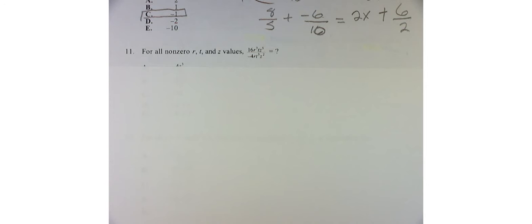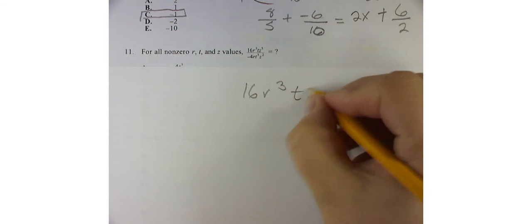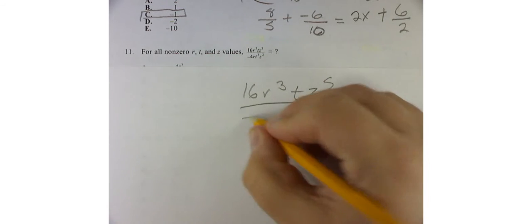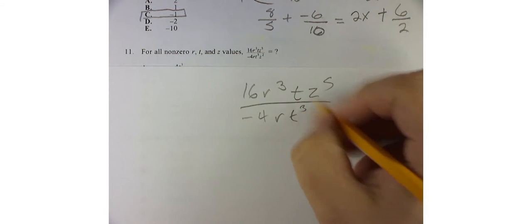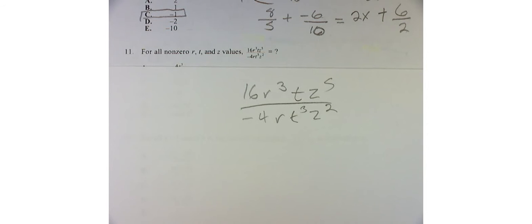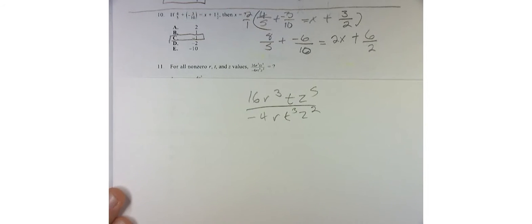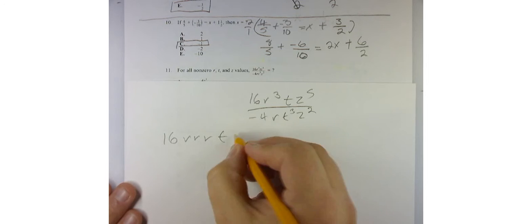Okay, so number 11 gives us this expression: 16r cubed t times z to the fifth all over negative 4 times r t to the third z to the second. Now normally I just use the shortcut to get the answer, but I just want to remind you guys where this comes from. What we're really saying is 16 times r times r times r times 1 t times 5 z's